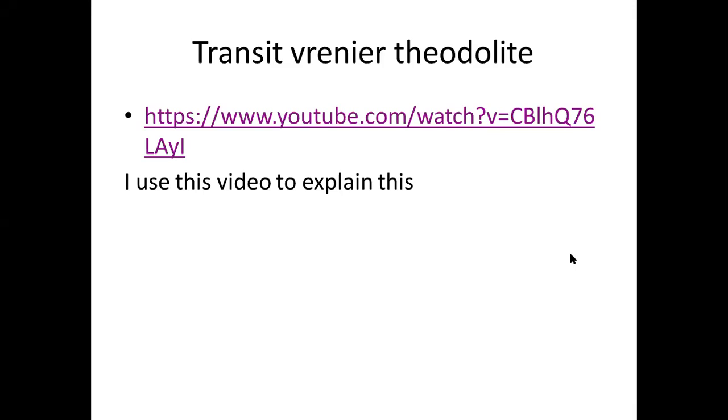The essential parts of the theodolite. So what is the instrument that is commonly used for measuring horizontal and vertical angles? For horizontal angles only, we can use a compass. Here the theodolite is used for horizontal as well as vertical angles. Right. So let us first learn about the essential parts. A transit theodolite is made up of